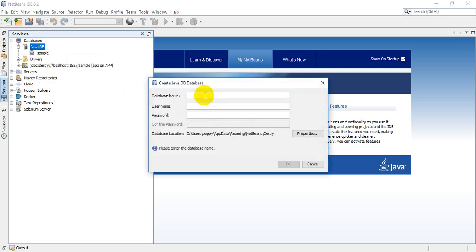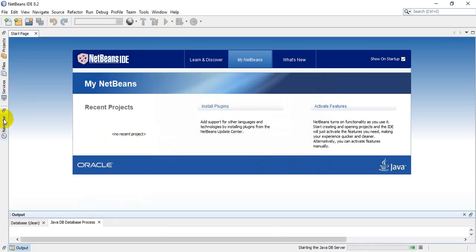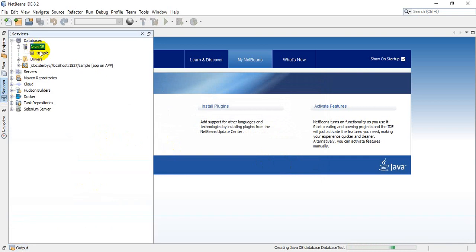Now we will give a name to our database. Say I will give the name database test. Then I will give a username here and a password. Password is 12345. I've given the password 12345. I will confirm that password here, 12345. Finally, the database will be created in a location which is shown here. I will click OK. Then if I go again into this Java DB, then I will see this thing here,